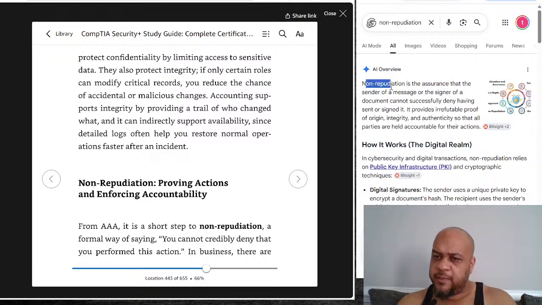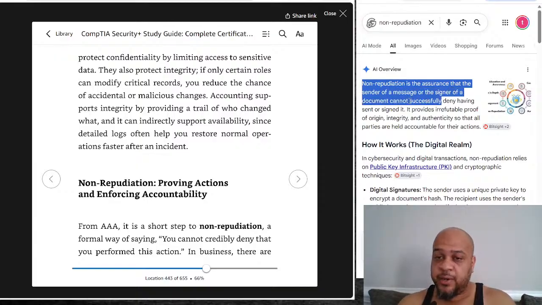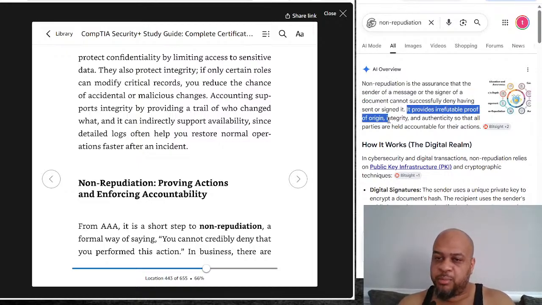Non-repudiation. Non-repudiation is the assurance that the sender of a message or the signer of a document cannot successfully deny having sent or signed it. It provides irrefutable proof of origin, integrity, and authenticity so that all parties are held accountable